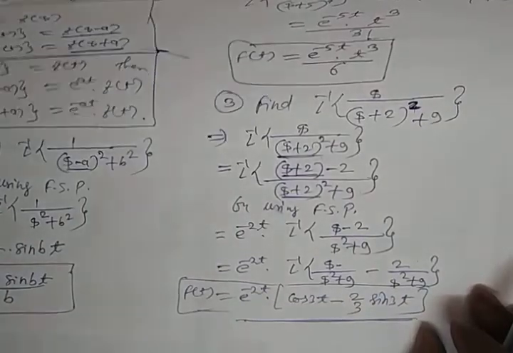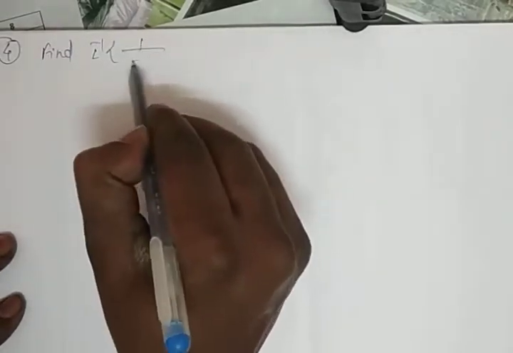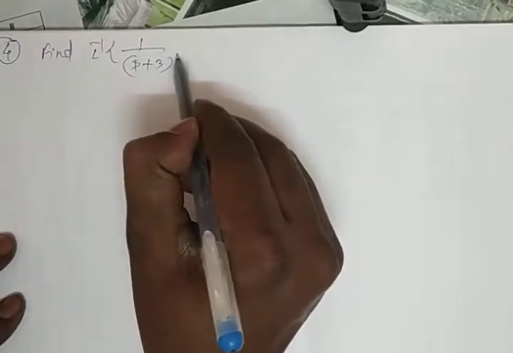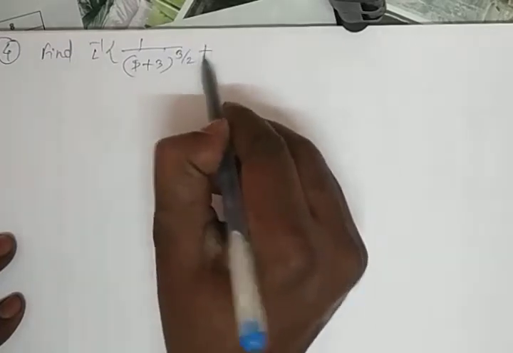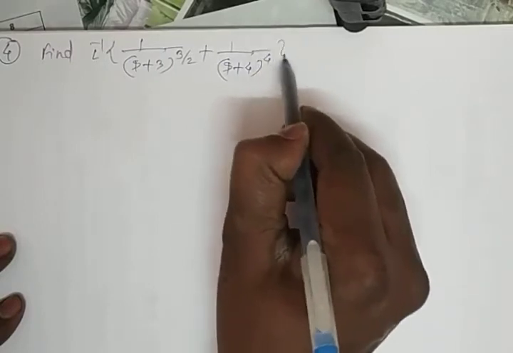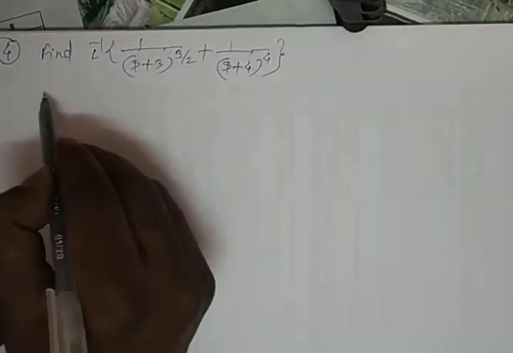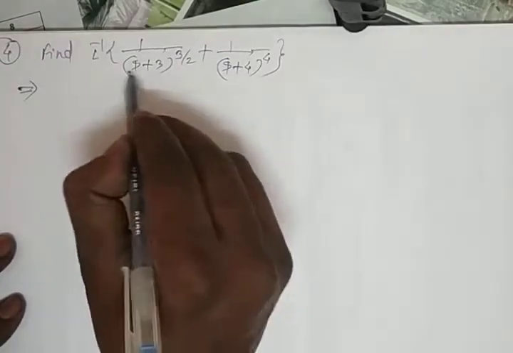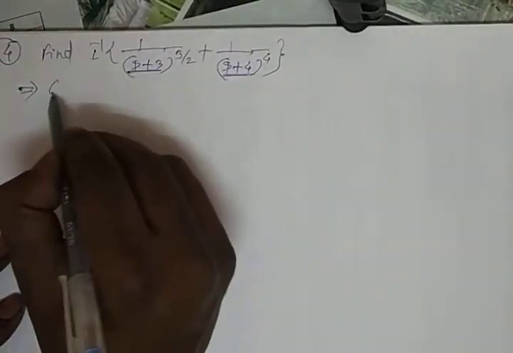Okay, now let us take another example, example number 4. Find Laplace inverse of 1 upon (s + 3)^(3/2) plus 1 upon (s + 4)⁴. Okay, so now here there is s + 3 and here is also s + 4. So by using